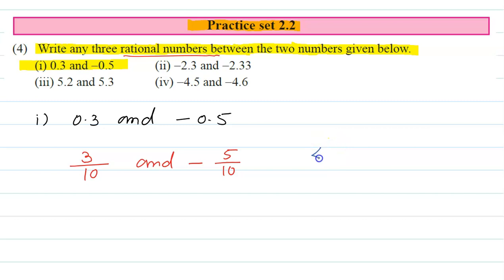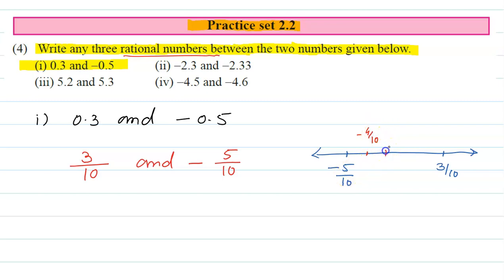Now once we look over the number line, a positive integer should be to the right of the negative one, or we might say a positive rational is to the right of a negative rational. So before minus 5 we have minus 4, then minus 3, minus 2, minus 1 and so on. So we have rationals like minus 4 divided by 10.